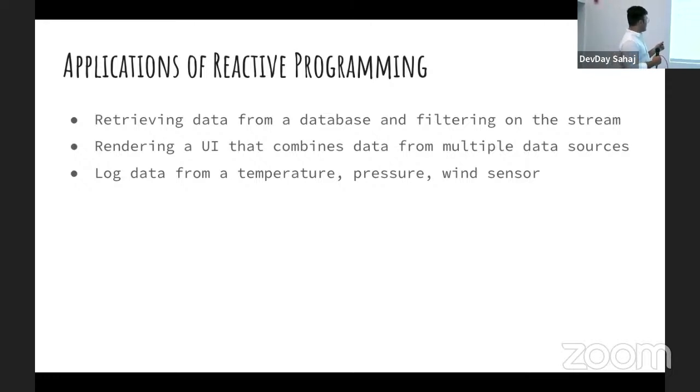While rendering a UI also, it is not wise to wait for one element after the other. So obviously all the elements are loaded in parallel. That is where RxJS is generally used. And retrieving data from a database and filtering on the stream is something which I just showed you an example of. Anyways, with that, I will